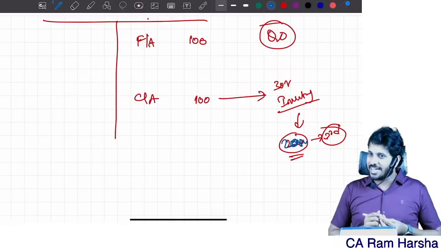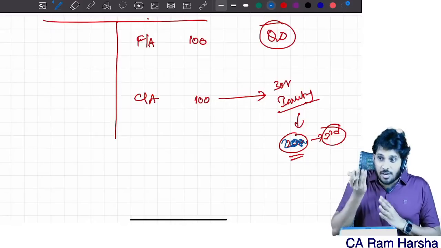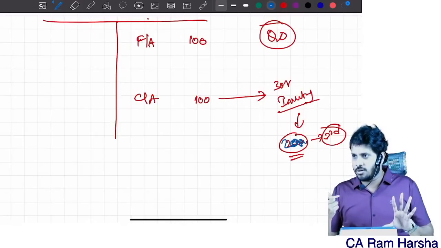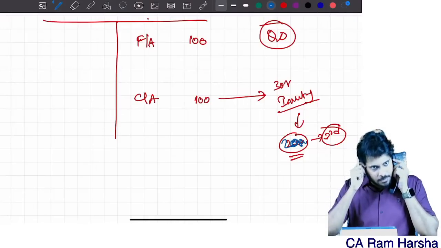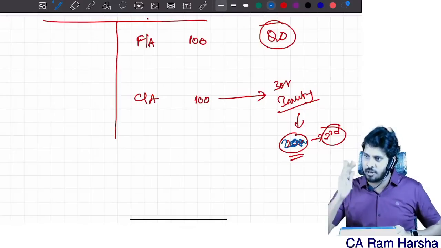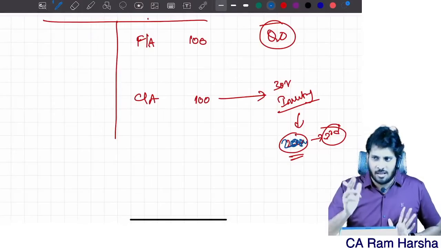Now tell me, can I give opinion on this financials? I want to say everything is true and fair except this 20 crore. Suppose I'm a mechanic and somebody called me to verify bike condition or car condition. Except the engine, you verify everything and tell me what is the condition of the bike or car. How can I? Yes or no?